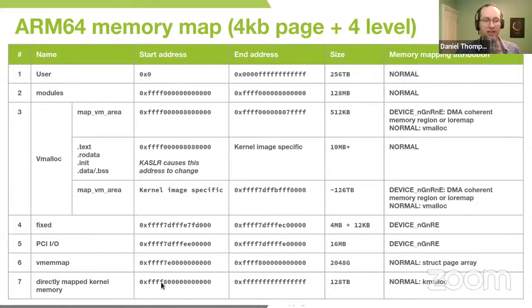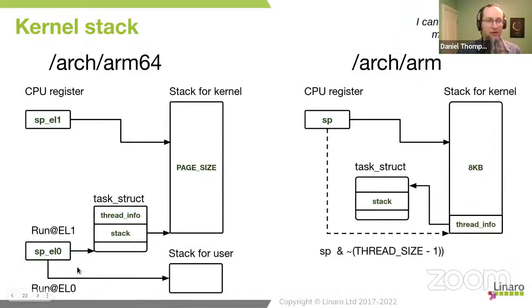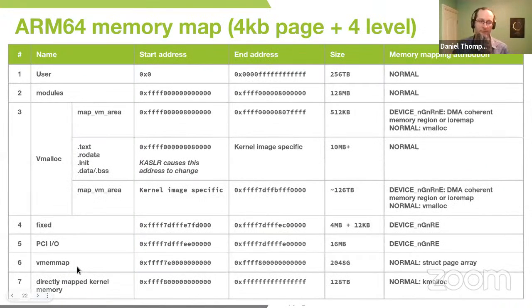More than that, it's not just recognizing the Fs. The other thing that you can observe is the type of memory we're working with. So I talked about those big 2 meg pages. That's this thing at the bottom, the 7, the direct mapped kernel memory. So this is kernel memory that is directly mapped with big pages. It's how we access things like kmalloc would be allocated from this particular set of addresses.